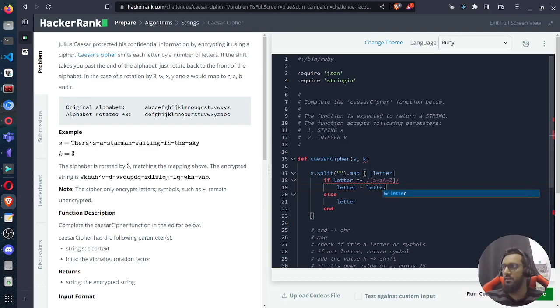We need to convert the letter to the decimal. We use the ord method, and then we shift it. We have k, which is also the shift factor. So that's it, we have the letter, we plus it, and then it's good, it should work. Actually we just need to